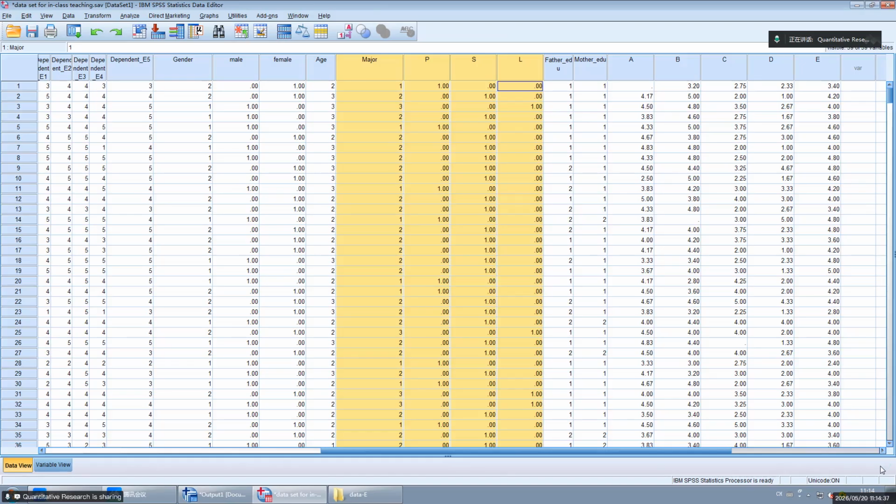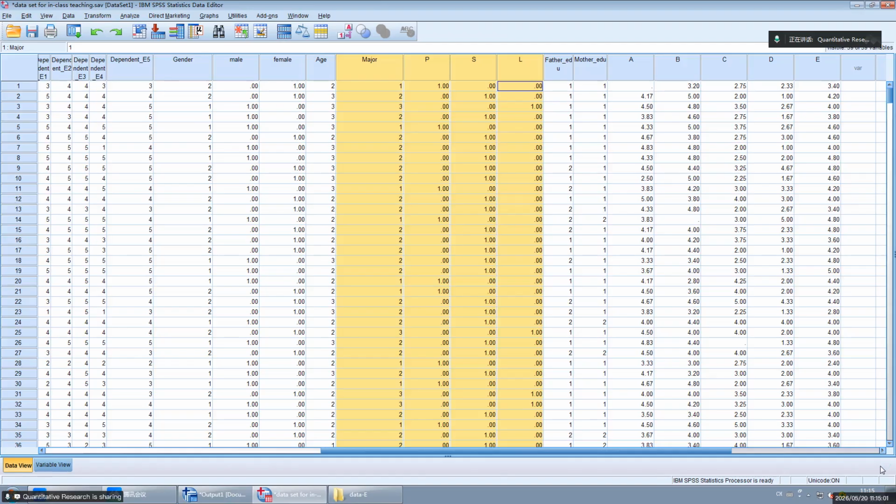Pay attention. For these dummy variables, we have to select one of them as the reference group.